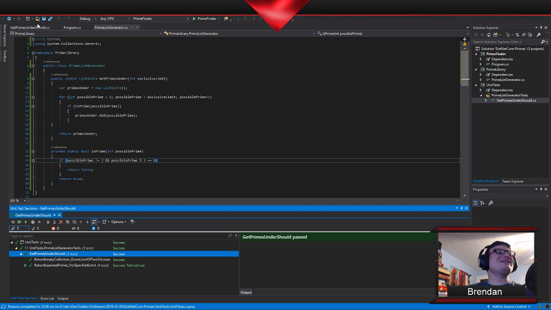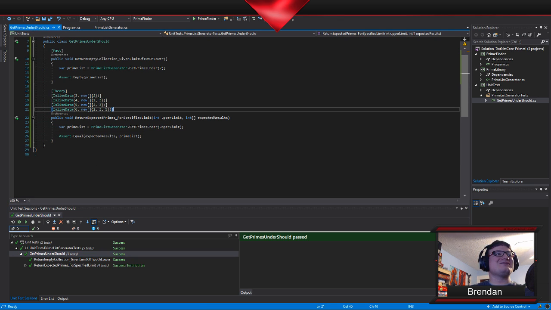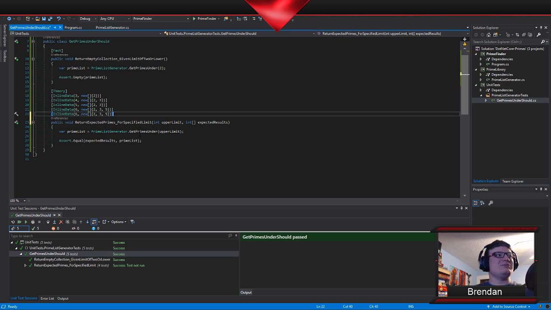Okay, so when is our next failure? Because I could just keep adding these for a while. So I need a more specific case. So I need something that's not divisible by 2, but is divisible by 3. And the first thing that that's going to run into is going to be 9. So we need to go up to the number 10. And we want to make sure that this does not include 9.